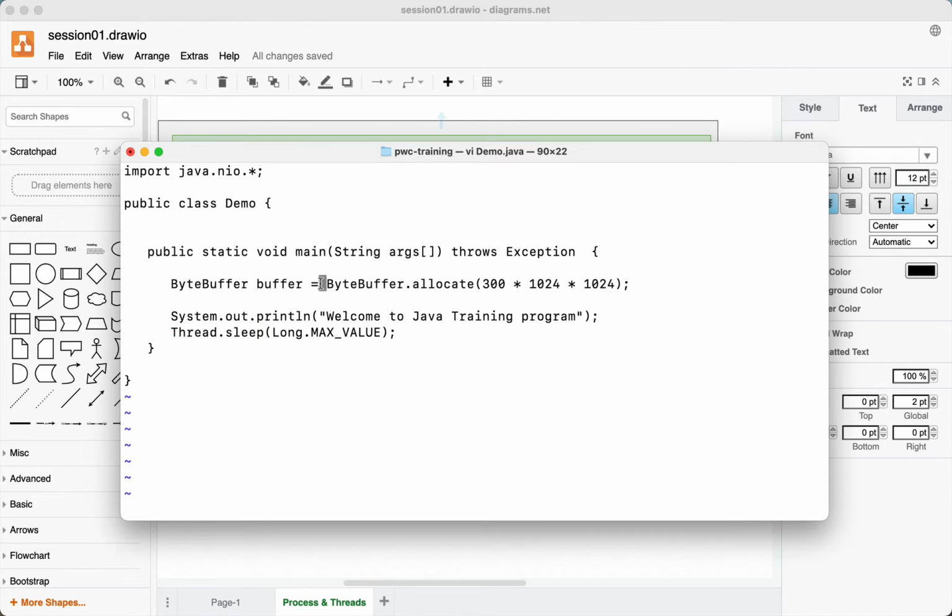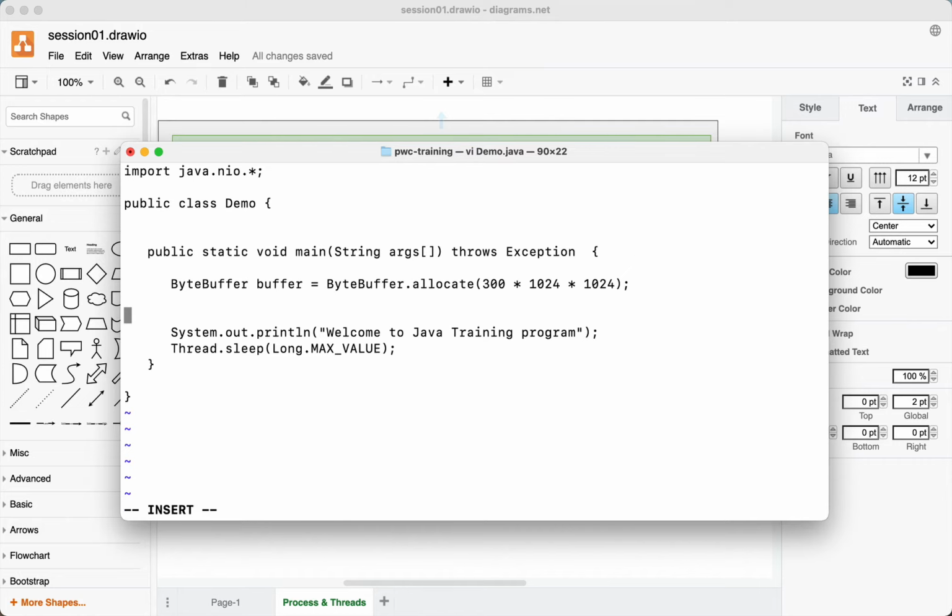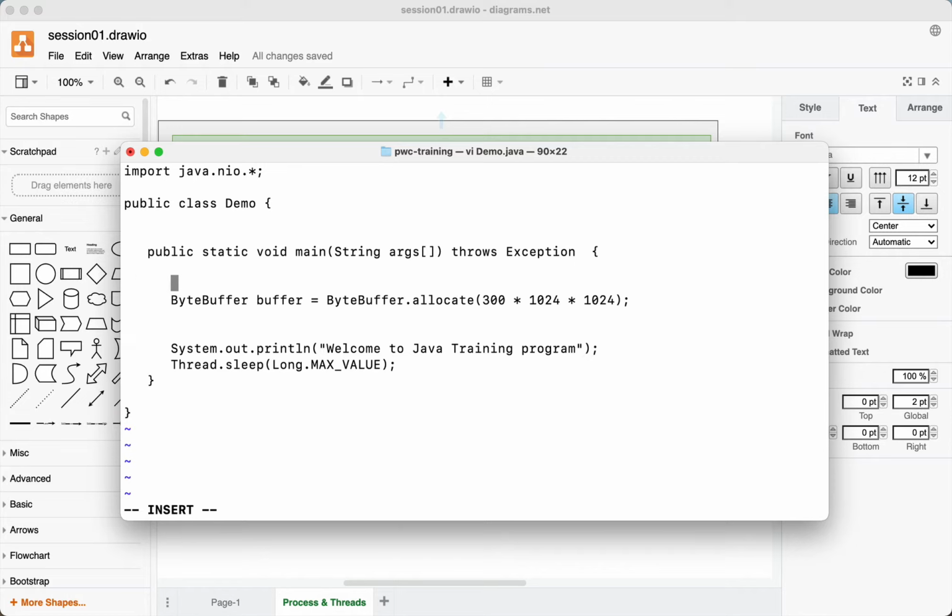So within my program, I've got the main function. The main function runs in its own thread. Correct? And if you want to know the name of the thread that it runs in, as I have already told you, the name of the thread is nothing but the main thread, and I don't have to spin that thread. It is automatically created by your JVM. I will now just show you System.out.println, and I'll say the thread name is Thread.currentThread, whichever is the current thread.